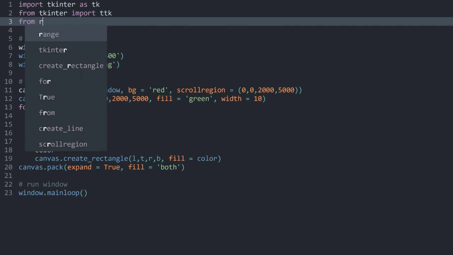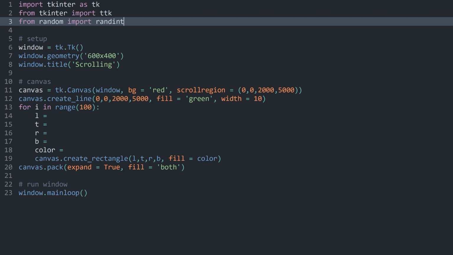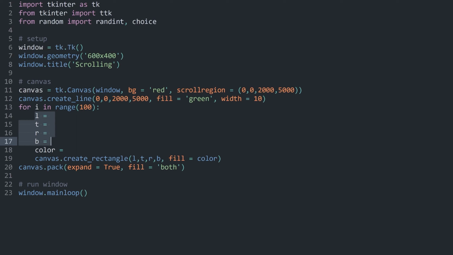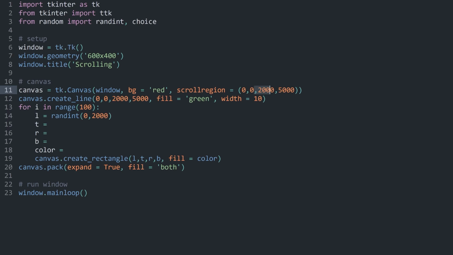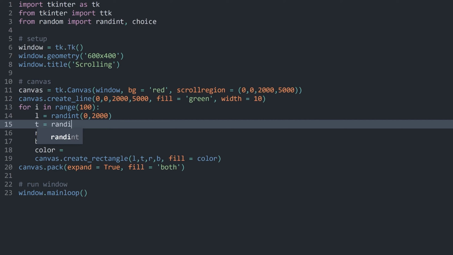I want from random import randint and choice. Randint is going to give me the positions, so left, top, right, and bottom. Basically, all I want to do is randint from 0 to 2000, or from 0 all the way to the right. For the top, I want to have randint with 0 and 5000, so all the way from the top